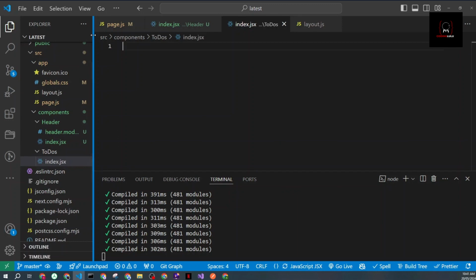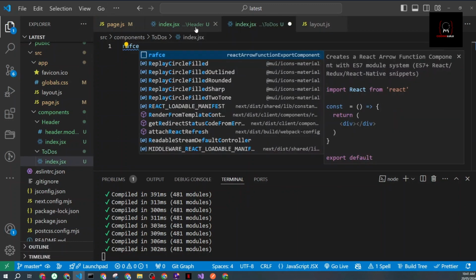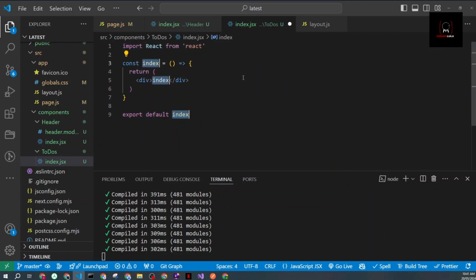And because I'm using Visual Studio Code, I have a shortcut to generate the arrow function for my component. But again, it's the same thing. You're just declaring your function or your component, giving it a name, which should always start with a capital letter, and then it returns some JSX or HTML content for you. Okay, so at the moment, I